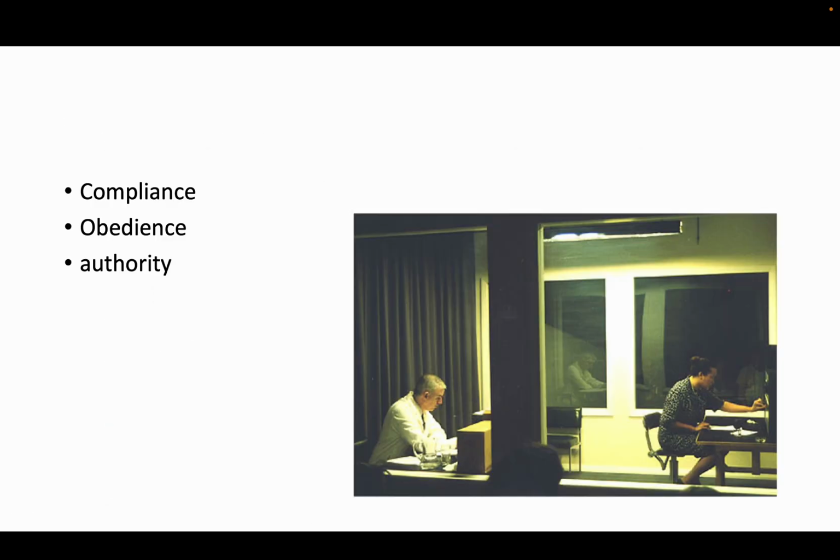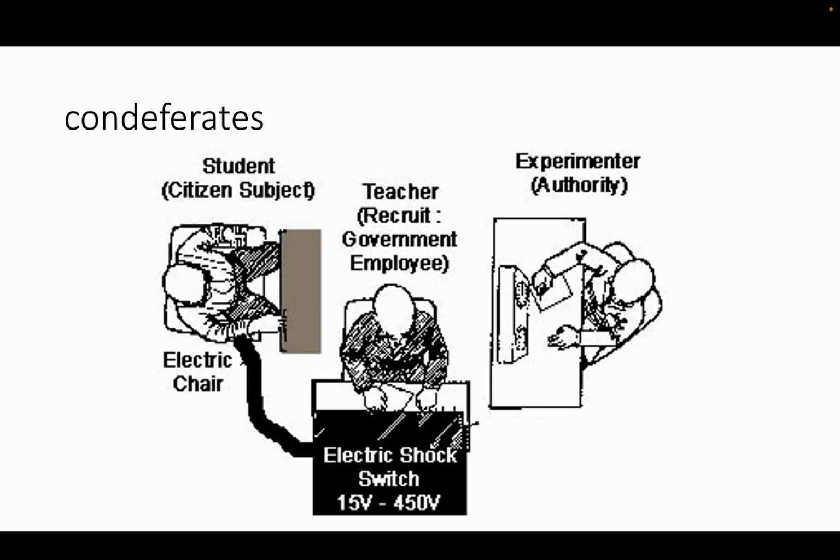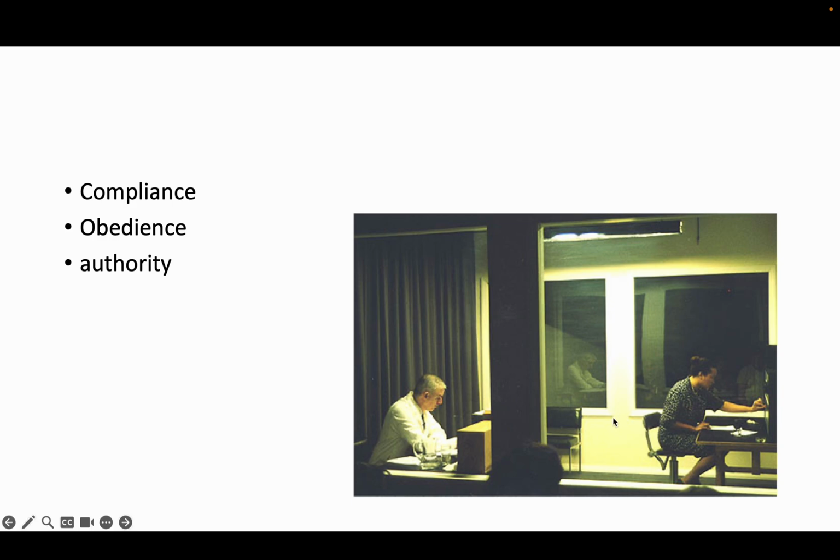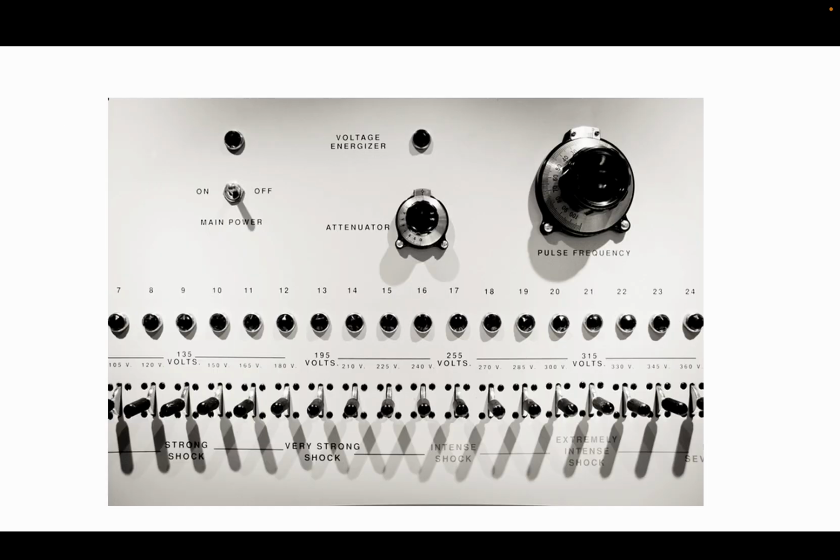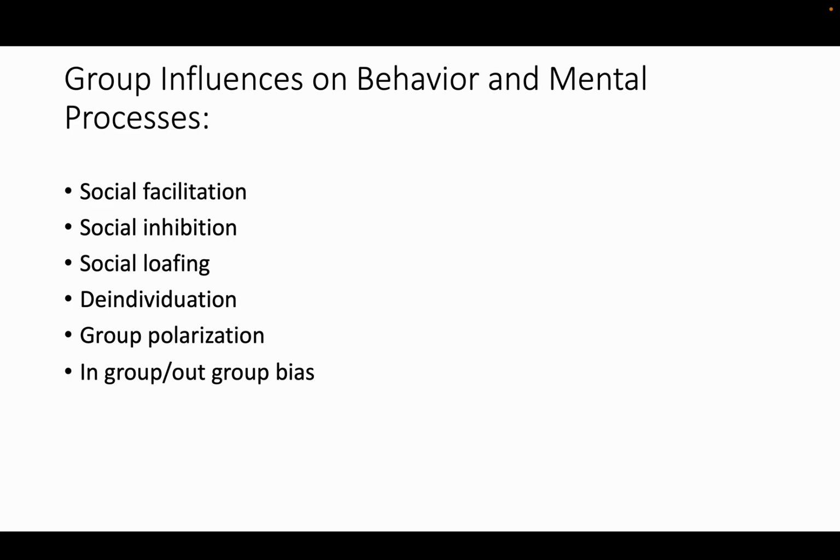The long story and the short story is, basically about two thirds of all people shocked people to the max, but they didn't want to do it. They felt bad about it, but because the experimenter said the experiment must go on, the person continued to shock, showing that an authority figure could compel people to do very cruel acts. Really know this one well, read about it, know it really, really well. A lot of ethical problems with Milgram. He hurt people emotionally, so he had to debrief them afterwards. And that's Milgram's experiment.